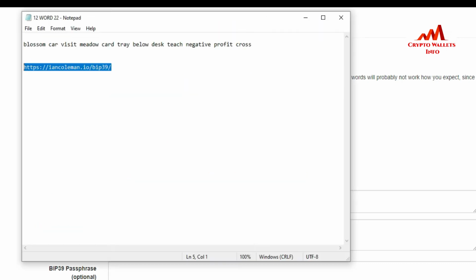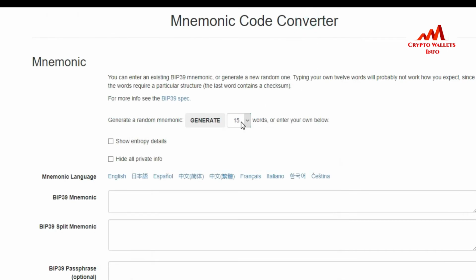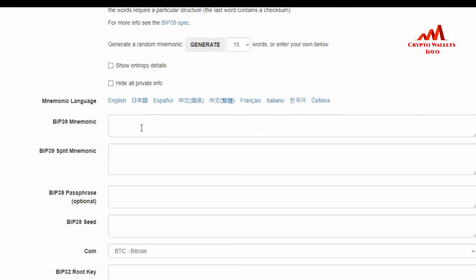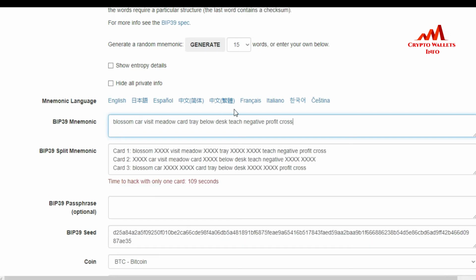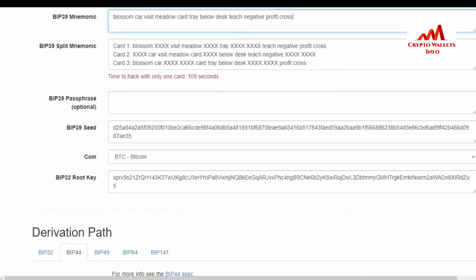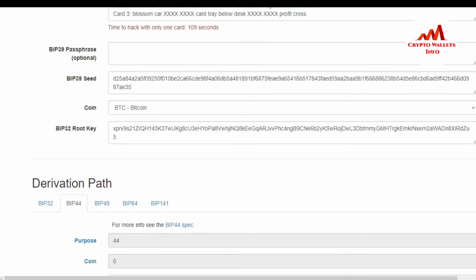So I'm going to open the notepad file again and copy my 12 phrases. This is my 12 phrases, and you simply paste them here in the BIP39 mnemonic field. When I paste here, you can see it collecting the data about my wallet. If I want to get the private key of my Bitcoin, this is so simple.